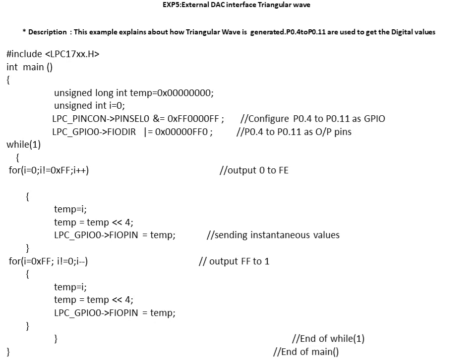In the next for loop we are decreasing the value. Here, from 0 to FE it is going up. Again we need to decrease the value from FE to 00. That is done with respect to the next loop. Here the initial value will be the highest value, that is, i we have taken to be equal to FF. So from FF it will go back till 00. The same thing is repeated again and again in order to generate the triangular wave.